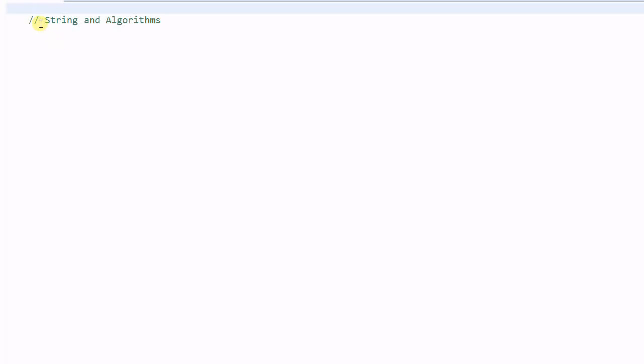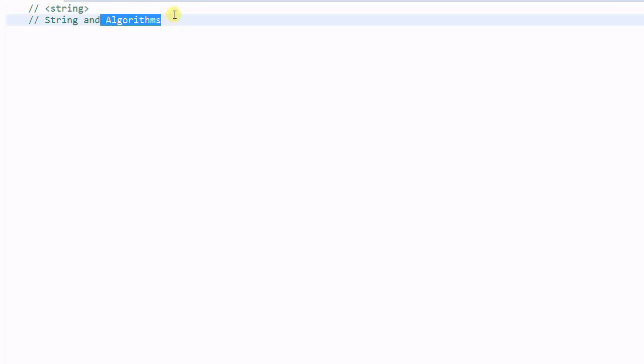Today we're going to talk about string and algorithms. So far we have talked about all the functions defined in the string header, which includes the string's member functions and some global functions. One big advantage of the standard library string is we can apply the STL algorithms to a string